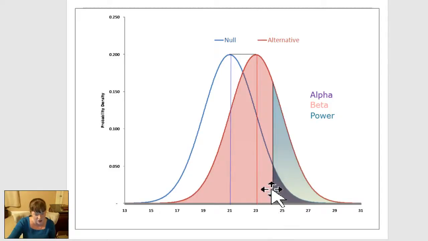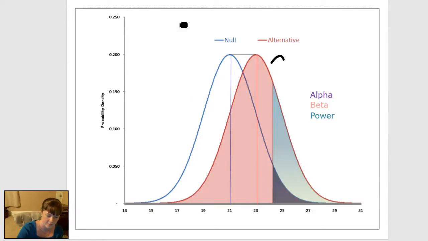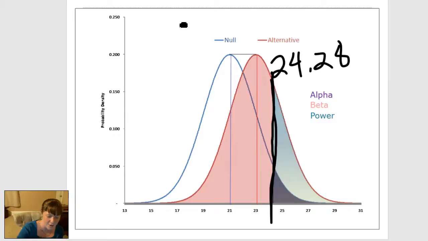And then choosing an alpha on the null hypothesis sampling distribution creates a critical value of 24.28. So this line that was created when I chose an alpha of 0.05 only in one tail created a critical value of 24.28,